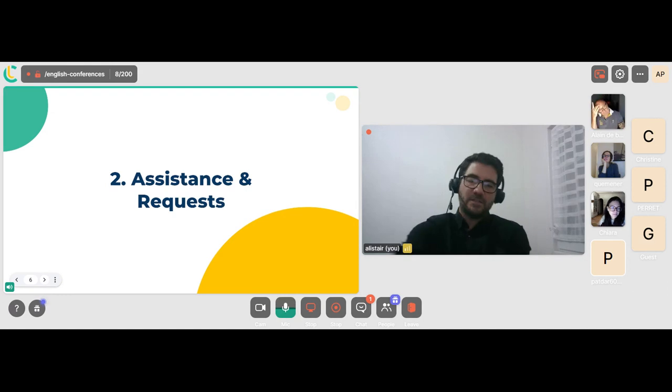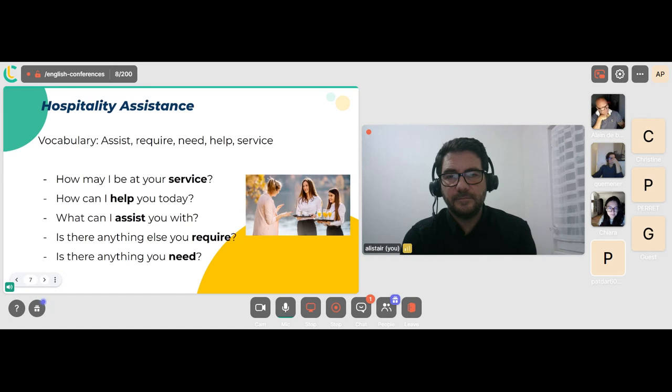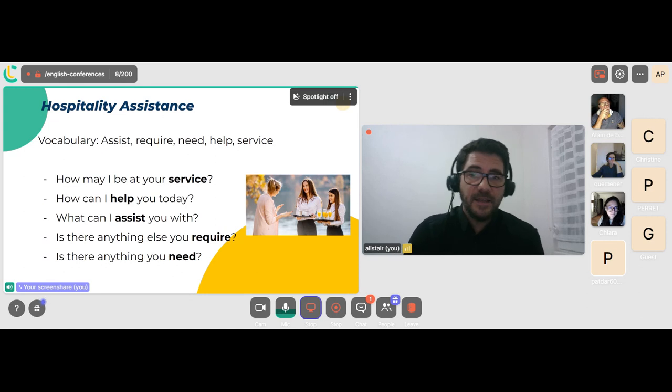Okay, now let's have a look at some assistance and requests. So, when it comes to hospitality assistance, there are some vocabulary words that can help us. Assist, require, need, help, service. So here are some example sentences that use those key vocabulary words when giving assistance in the